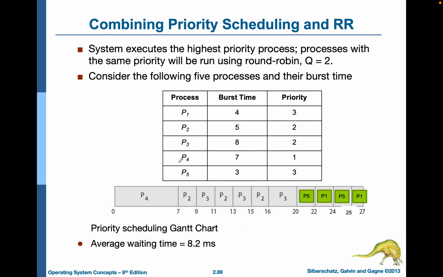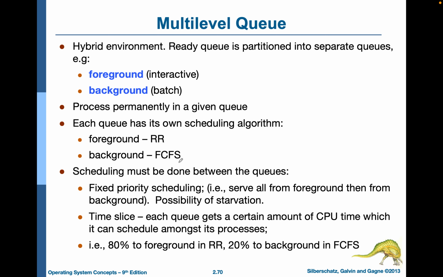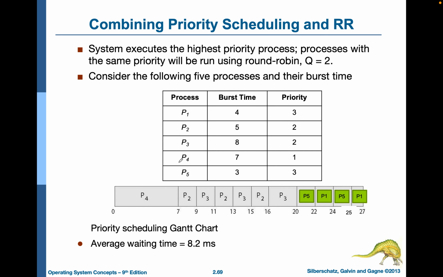Okay, I guess the video is going until here only. Later on, we're going to do a multi-level queue. Okay, so now combining priority scheduling and RR, the system executes the highest priority process, and processes with the same priority will run using round robin. It gives you the quantum equal to 2. Consider 5 processes and their burst time. So you need to also look into the